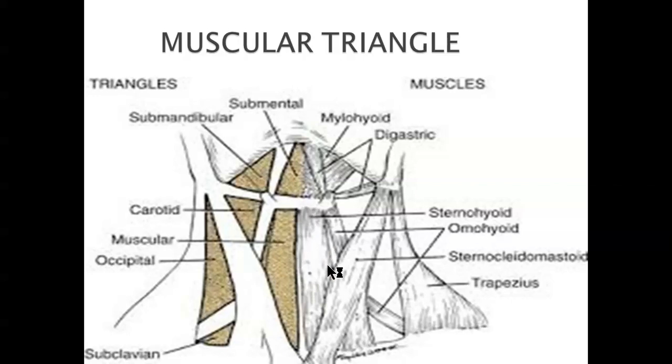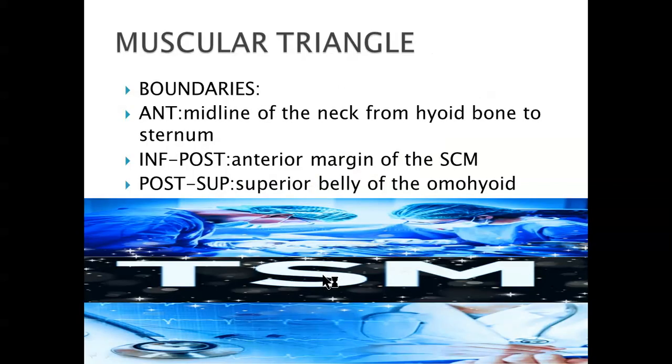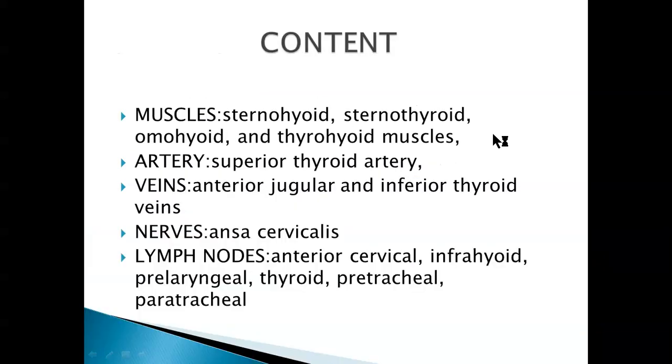So muscular triangle includes the infrahyoid muscles, which are namely sternothyroid muscles. Then we have, where else? Not shown in here. Then we have the sternum. It comes basically from hyoid to sternum, then from sternum to thyroid. Therefore, sternothyroid muscles. All right. Then we have the omohyoid muscles. These are part of your infrahyoid muscles, sorry. Boundaries I already mentioned. Contents would be again anterior jugular and inferior jugular, superior thyroid, just like carotid triangle, which I will further talk about. Important point about the muscular triangle is